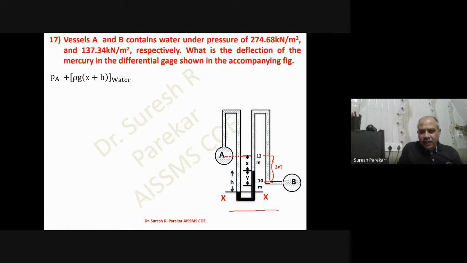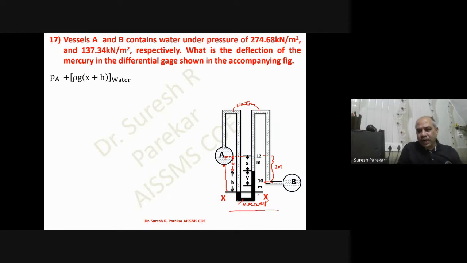Now we are coming downward. So from this we are going to consider the value till this point. So we have rho g, and we have this distance as x, and then plus h. This is of water. We have water here, and here also we have water, and this we have mercury. So this is the left limb.